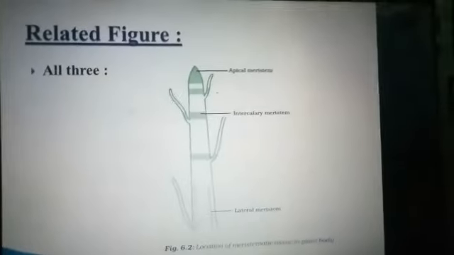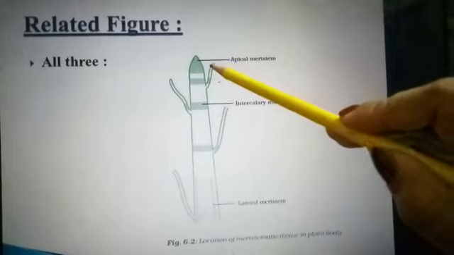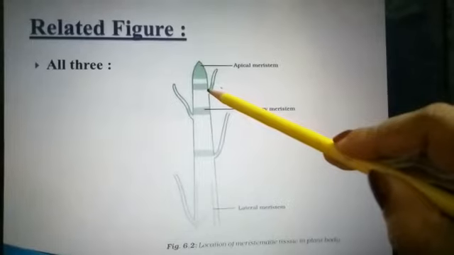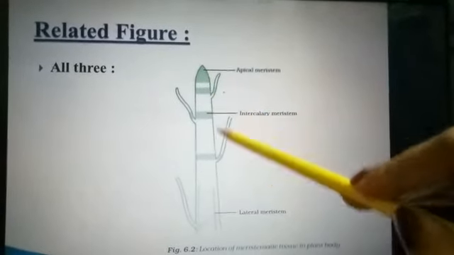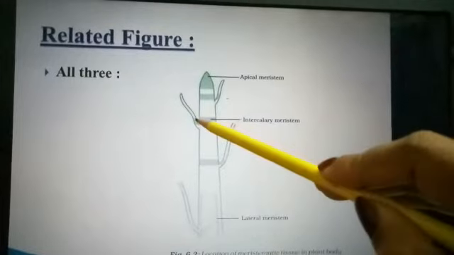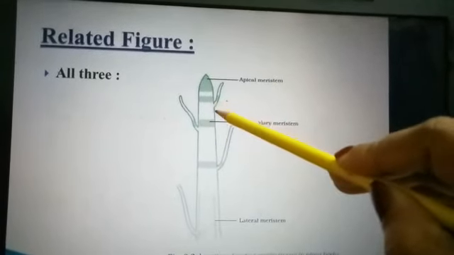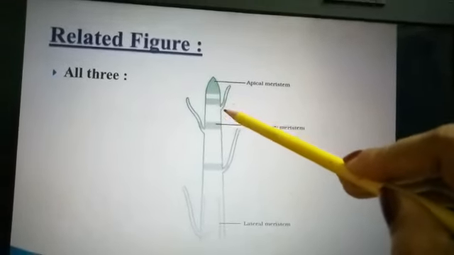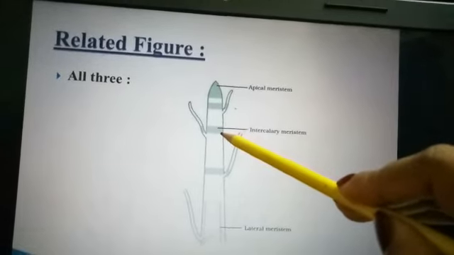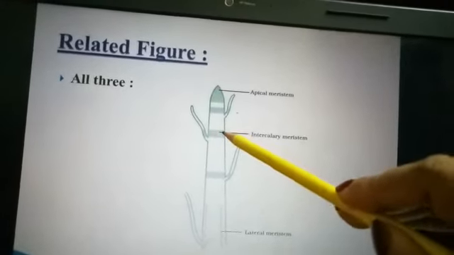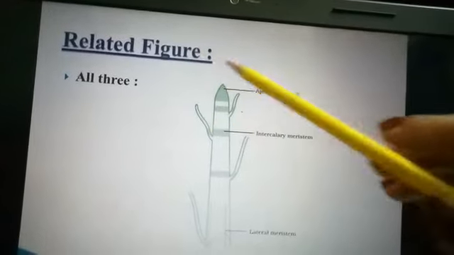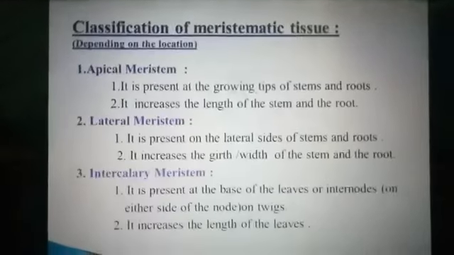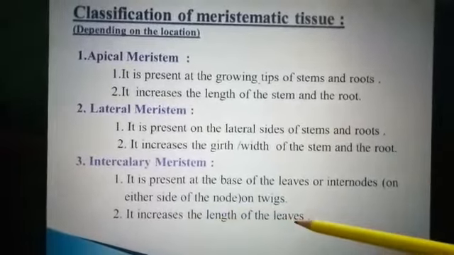So we are relating this with the figure. Here node means the point of attachment of the leaf with the stem. This point is known as node. And internode means the distance between 2 nodes. Here is one node, the other one is here. So this length is internode. Understood? One node is here, other node is here, so this space is internode, meaning in between nodes. So intercalary meristem is present here. They are responsible for increase in length of leaf. Understood? So next we have here increase in length of leaves.